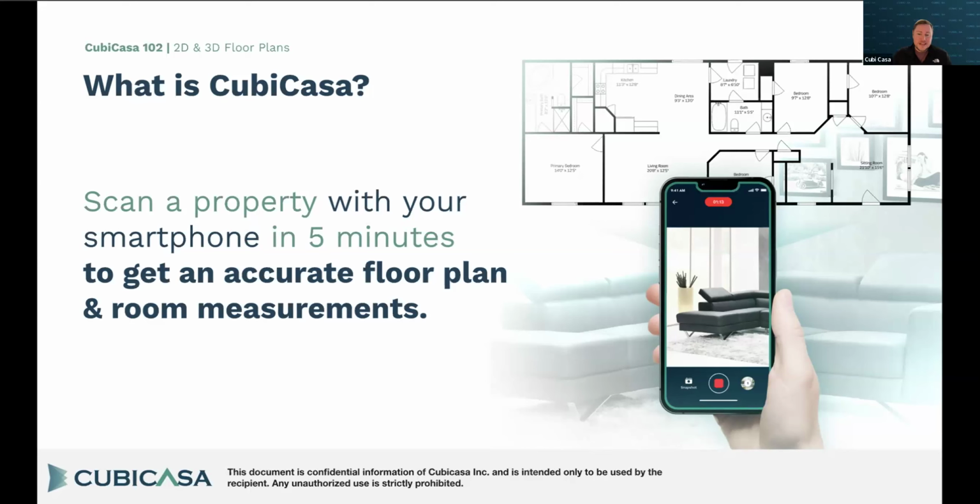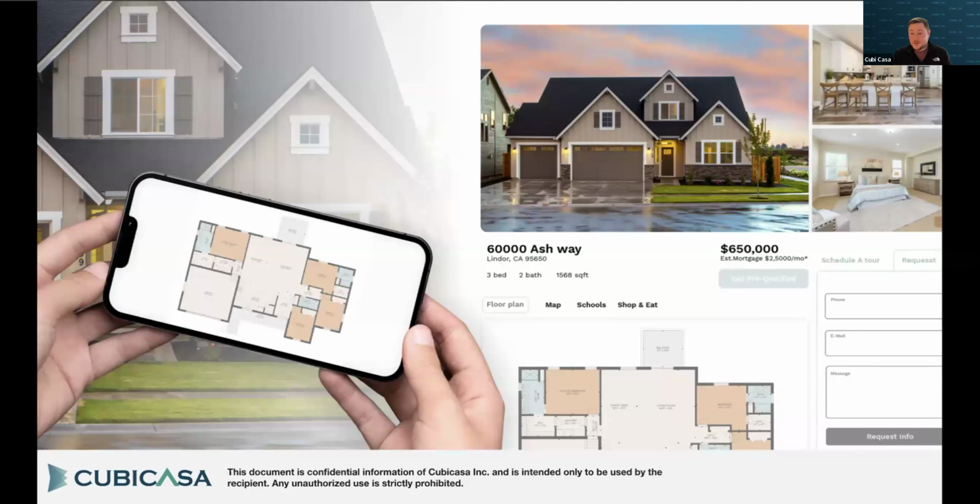Now, the goal here, just kind of at a high level, is to bring a floor plan to every single real estate listing across the country. We know from NAR research that consumers want to see floor plans. They're asking for them to be included on listings. And if we look at additional research from companies like Zillow and ResBAI, show that consumers spend more time on listings with rich media like floor plans. They're more likely to click into listings that have floor plans. And some consumers have said that they'll even skip over a listing entirely if there isn't a floor plan or